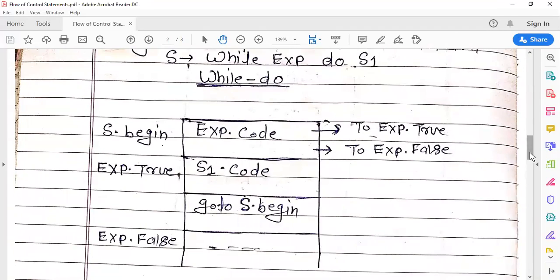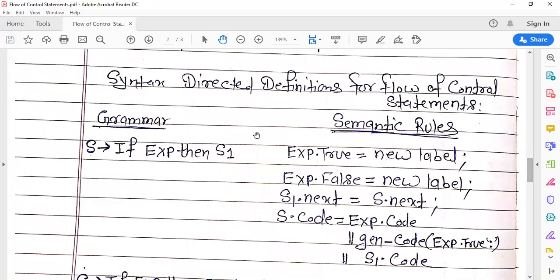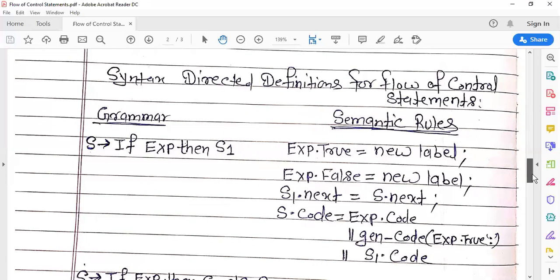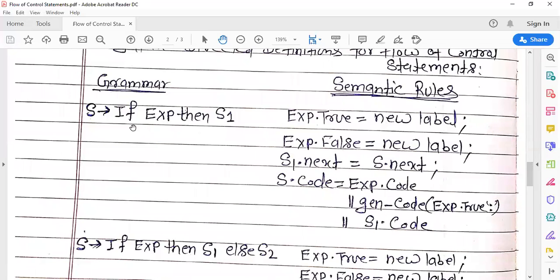In the programming language, we have already discussed that there are different types of instructions, and every type of instruction has an SDT. Here the first statement is the if then statement.